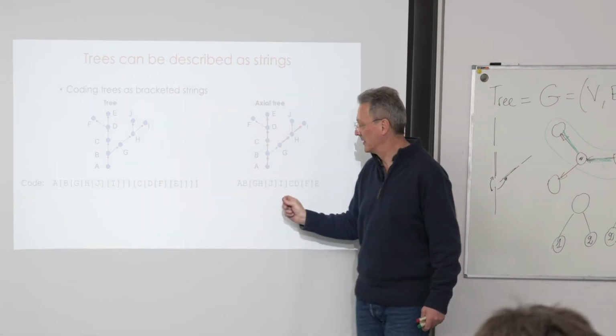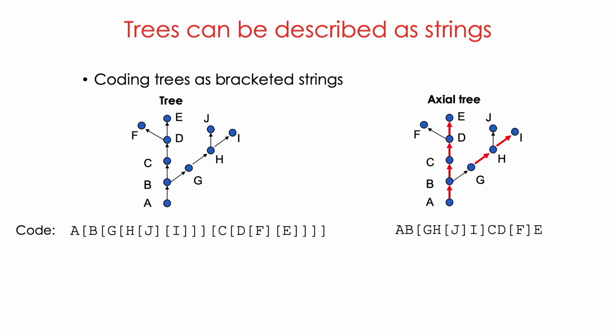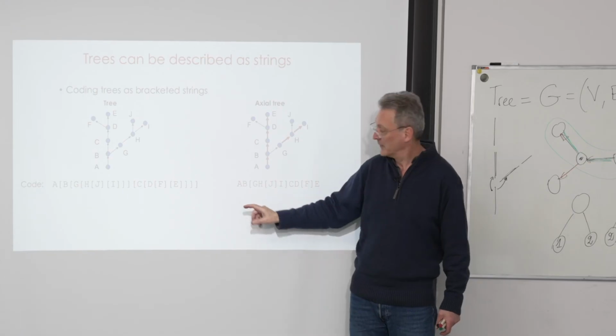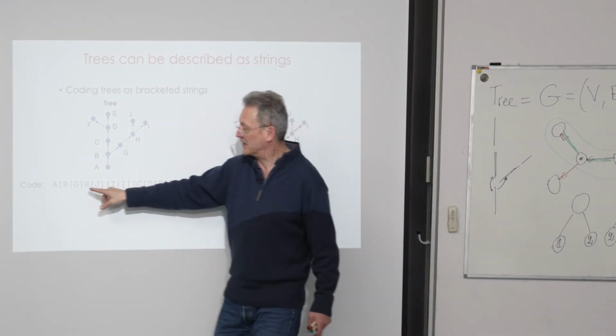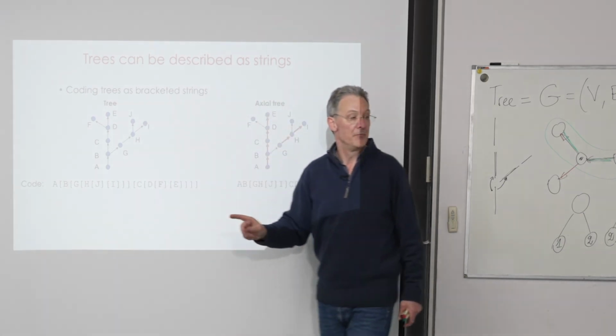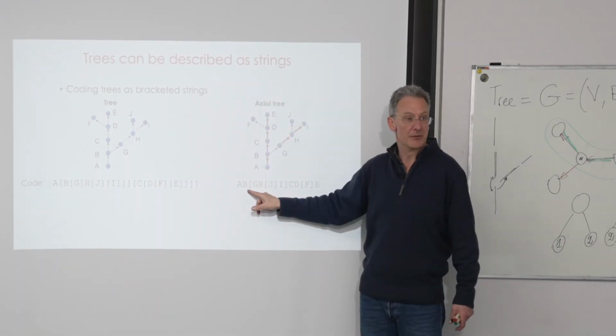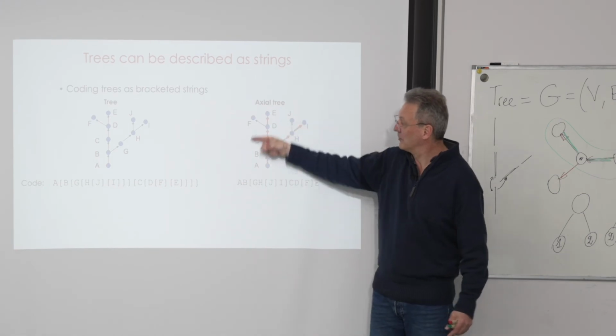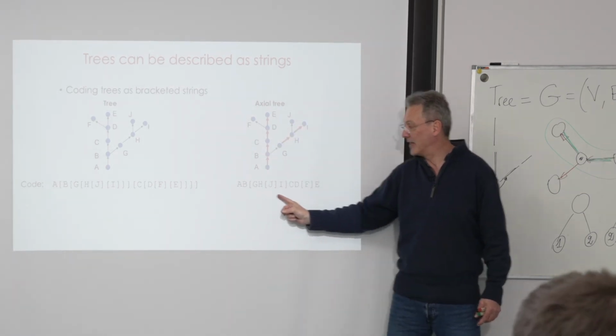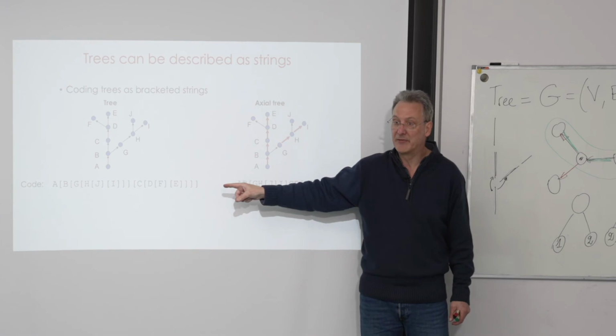complexity of the notation if I decide that for each red arrow that was the preferred direction, the preferred children, I don't need to put the bracket. So A is before B, A is before B. I don't open a bracket like here because B is my preferred children. So I consider that this is at the same level as me. So I don't need to open a bracket. And if I do this for all throughout the tree, I end up with a much simplified notation compared to